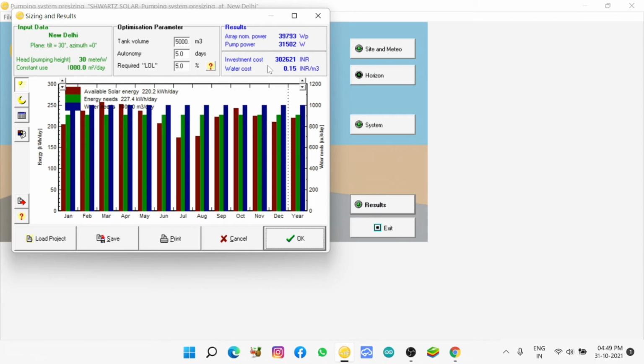If we click at the right side, there are 4 menus. In the menus, the second menu will give the tabular form of the same graph. So you can load this project, you can save it, you can make printouts for your detailed project report, DPR.